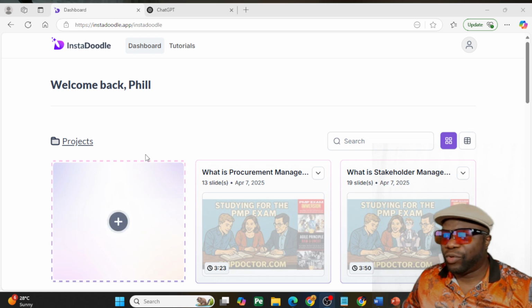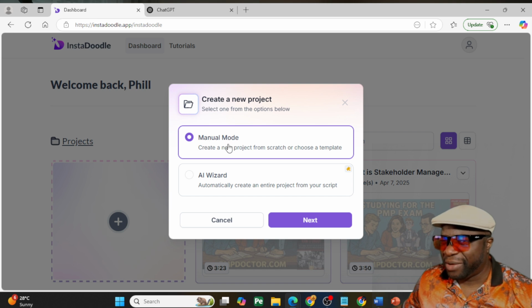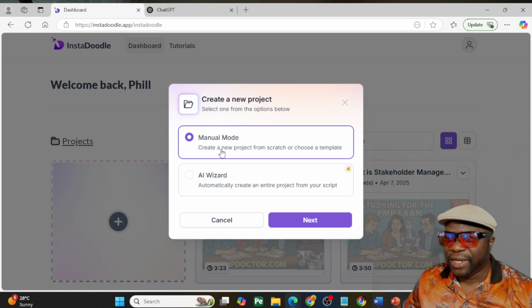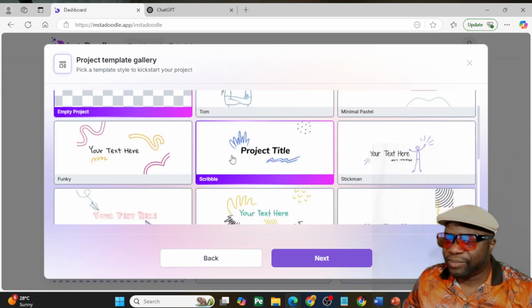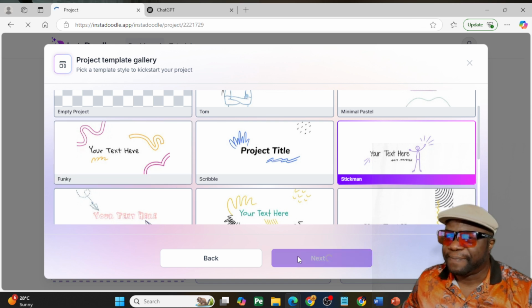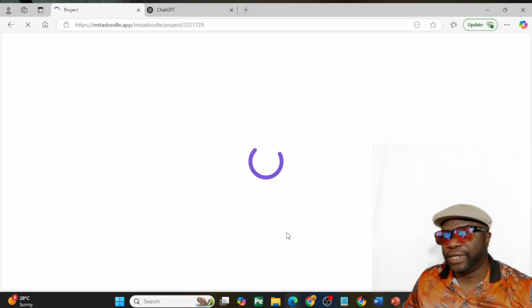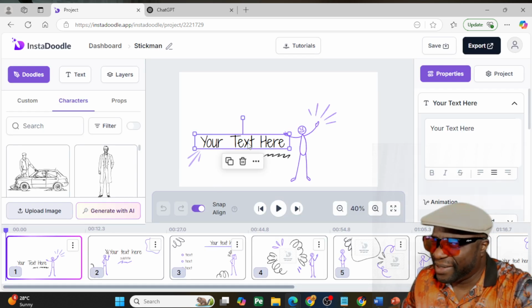So right off the bat, if you wanted to create a doodle, you just click on new, and you've got either the manual mode or the AI wizard. Now the manual mode is quite laborious. I'll show you how it works. You've got to choose something that you feel is a good template, and then next, and it just gets you straight into the content. And while this isn't bad,